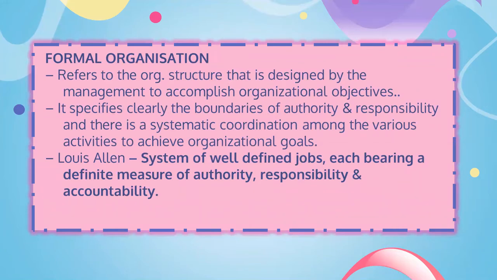Next is the formal structure. So what is this formal structure? It specifies the boundaries of the authority and responsibility, and there is a systematic coordination among various activities to achieve organizational goals. Louis Allen has defined this as the system of well-defined jobs, each bearing a definite measure of authority, responsibility, and accountability. So that is the formal organizational structure, and this refers to the organizational structure that is designed by the management